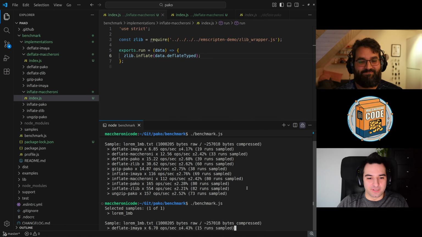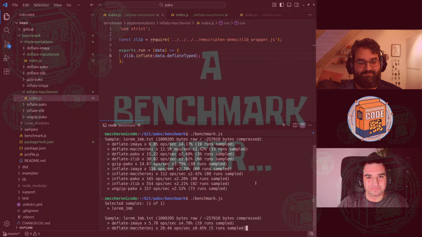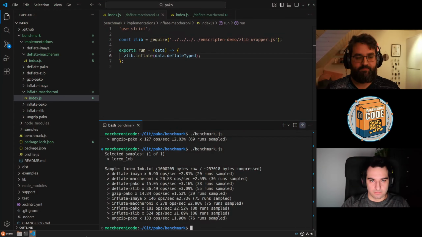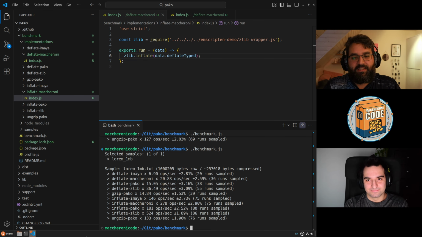We have to wait again. And boom! As expected, it is not as fast as the native one, but it is significantly faster than the unoptimized one. Yeah, but what if we...